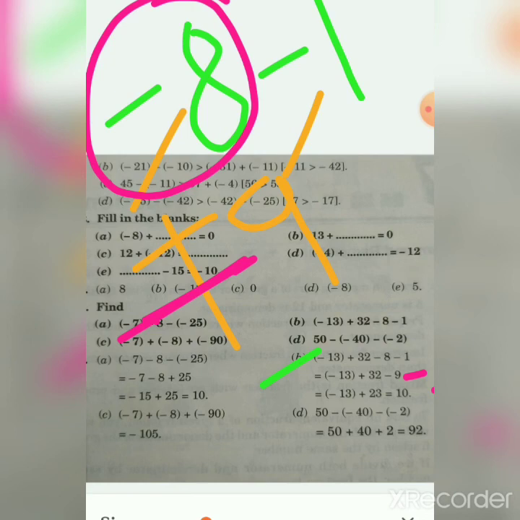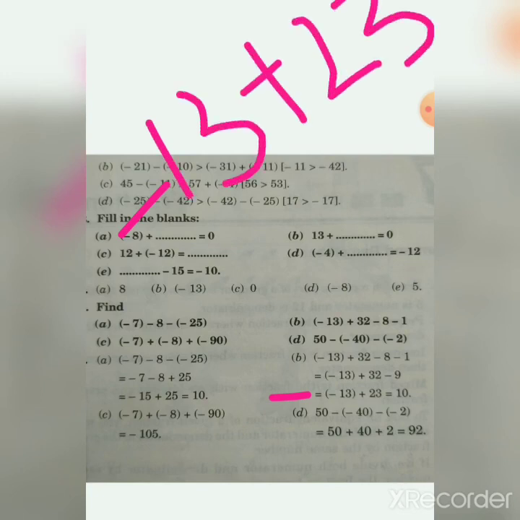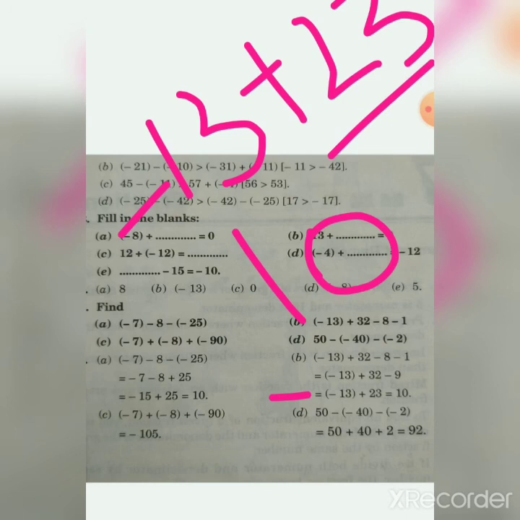Now coming to the last step, we have third step, that is -13 will come as it is plus. Now see this we have solved. -32 and plus 32 and -9. So we have plus minus. 32 minus 9 is 23, and 32 is the greatest sign, so we are putting here plus sign in front of 23, right? Now in the last step we have this minus 13 and plus 23, right? So plus minus is minus, so 23 minus 13 is 10. Which is the greatest number? We have 23, so we will put the sign of positive, that we are not putting. Okay.